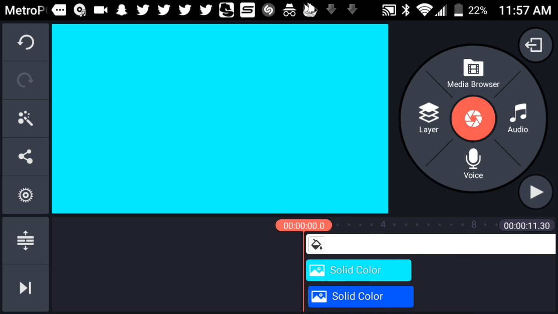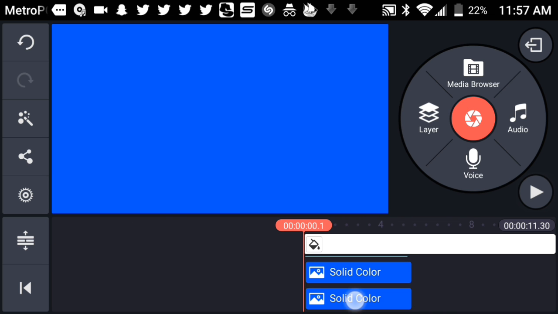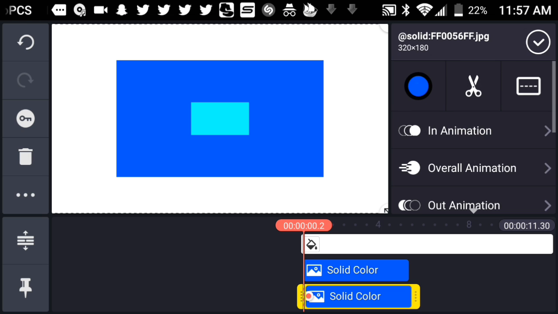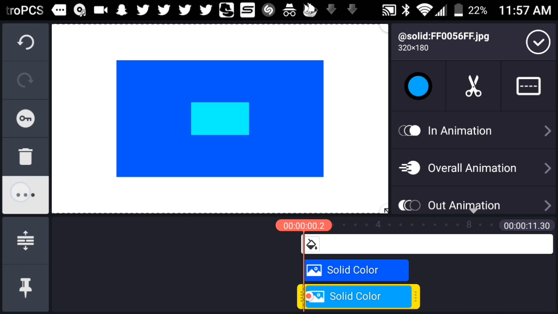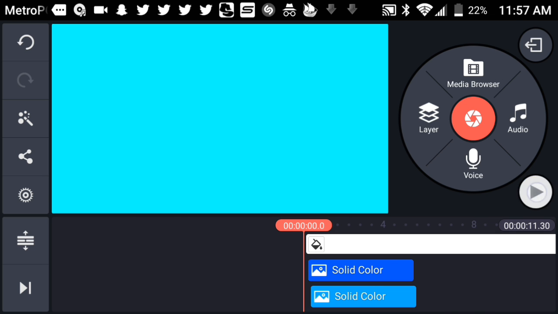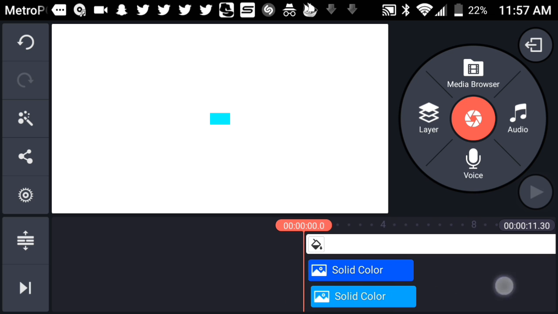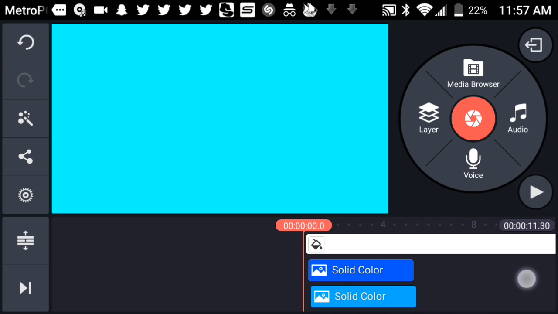So now what you guys want to do now is simply duplicate this one again and just move this one a little bit ahead. And then once you guys have done that, just simply tap on it and do my other blue, and then you want to send this one to back as well. So now you guys will get something like this. It kind of looks sloppy, but to my opinion, it's actually really nice. So now once you guys have done that, now what you guys will need to do is when it comes to right there,